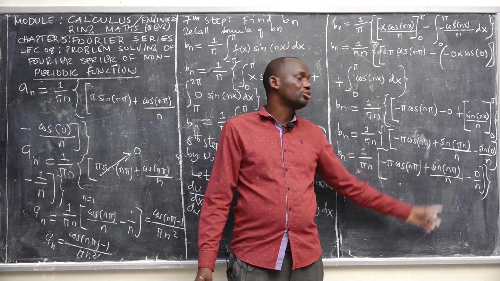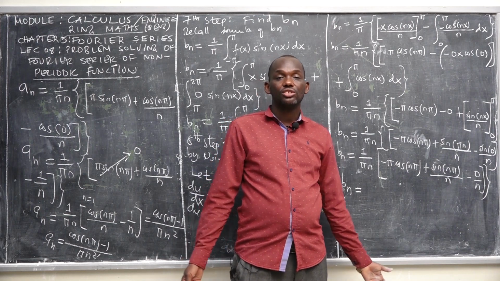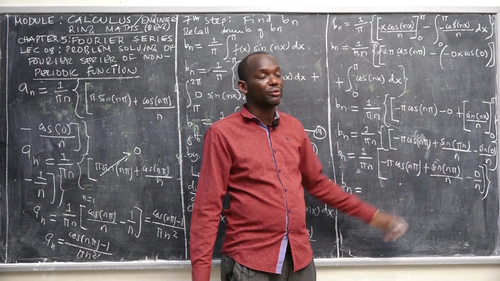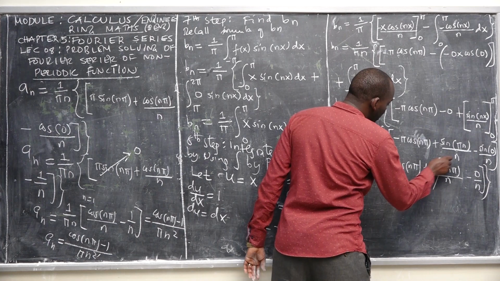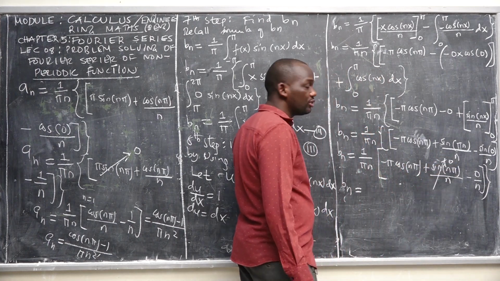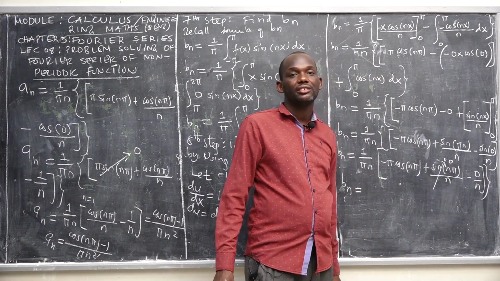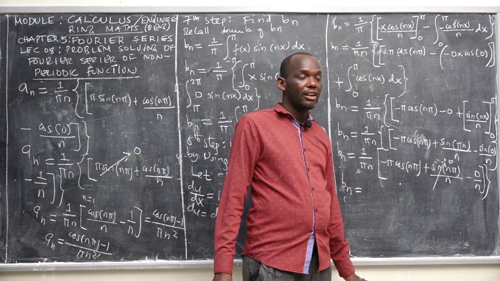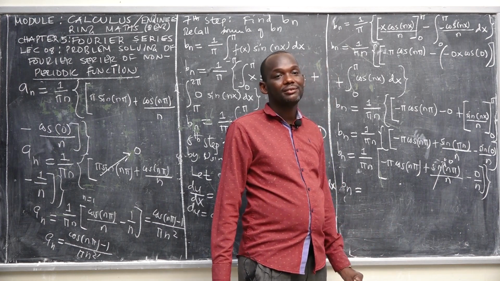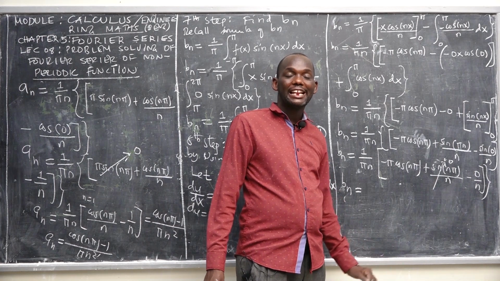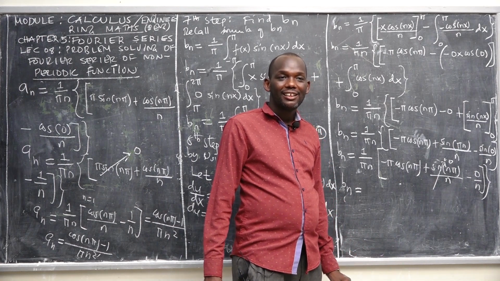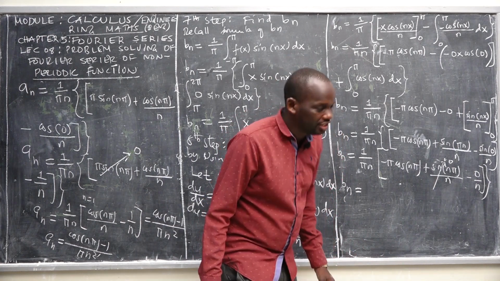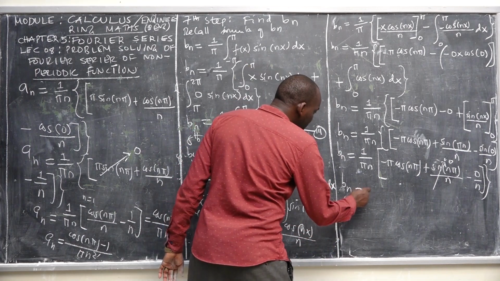When n is equal to 2, sine of 360 is 0. So for even and odd terms, this one will cancel, so this one will give us 0. 0 over n, a number, is 0. So Bn is equal to